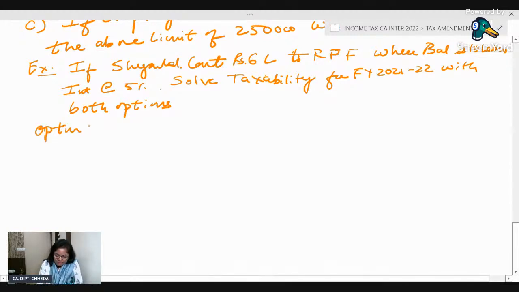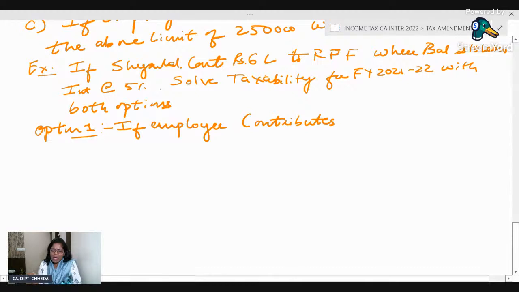Option 1. If employer contributes, yes, you're true, employer is contributing, so employer is contributing in SPF or RPF जो भी है, employer is contributing. Then